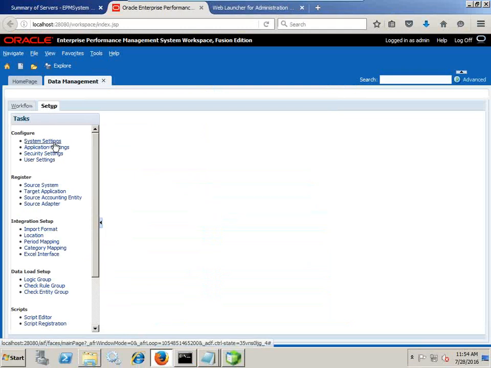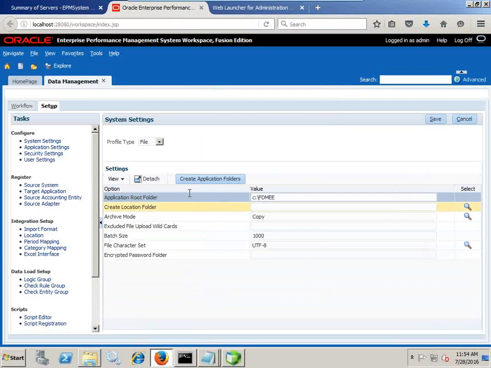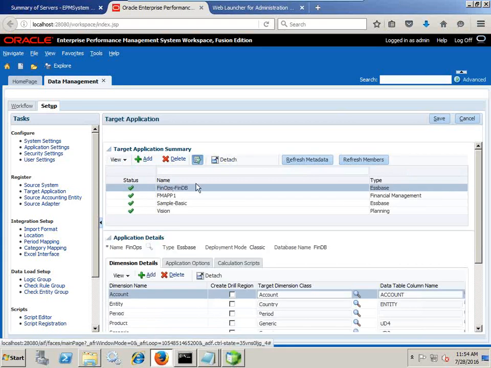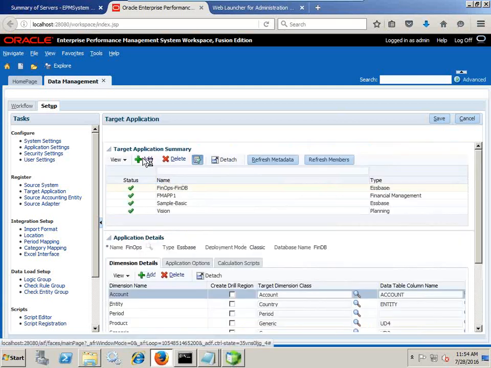You see what I've already done. System settings I already did in the past sessions. So you define a folder name and you create a folder. This you need not specify. Source system I already configured, which is my flat file. Target system we configure now. Target system is a financial application. You see, FinOp. If you want to see how to do it once again, I can do it right away,